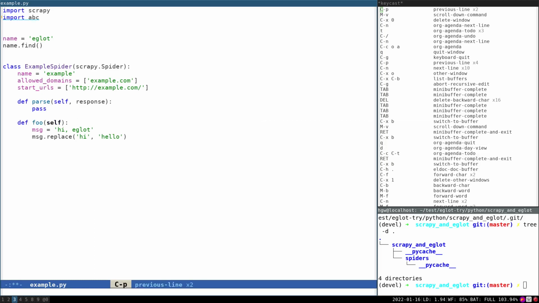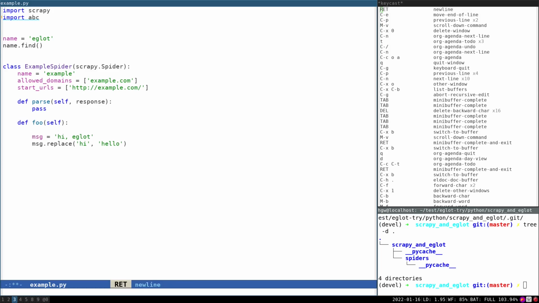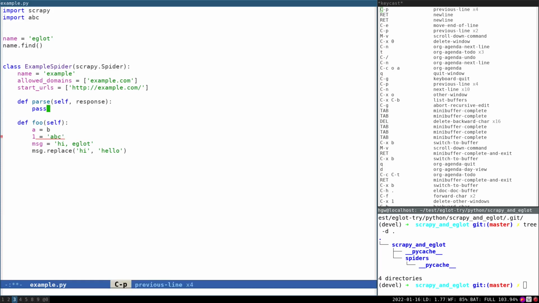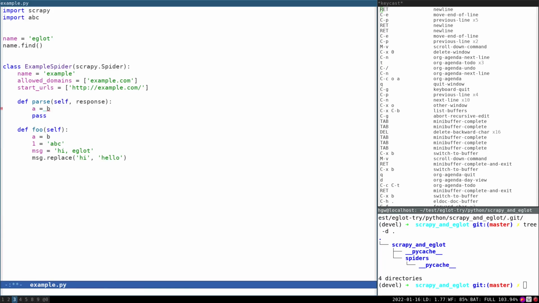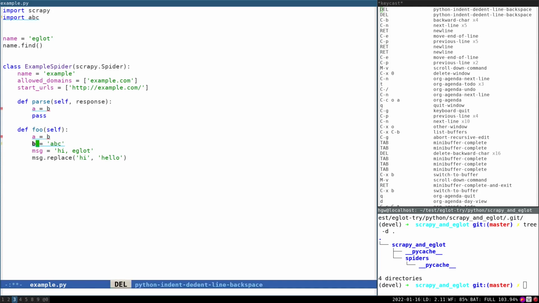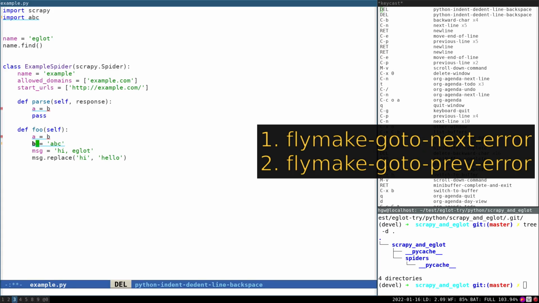Let's try to make some errors. Flymake mainly provides two commands to navigate these diagnostics: flymake-goto-next-error and flymake-goto-prev-error.